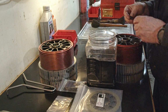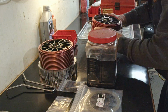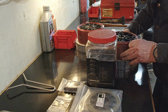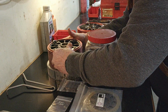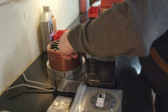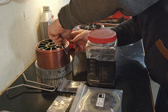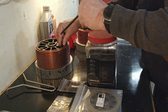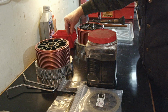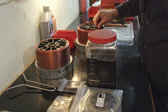So I'm going to reinsert the plugs. I'm going to check the fluid on this one. Open up the drain plugs. Yeah, it's just like me to put my arm right in the way. Okay, this one is probably good to go as well. However, it's the one I want to rebuild, so